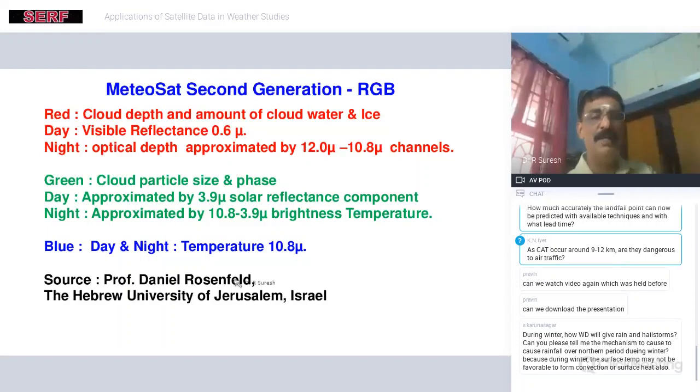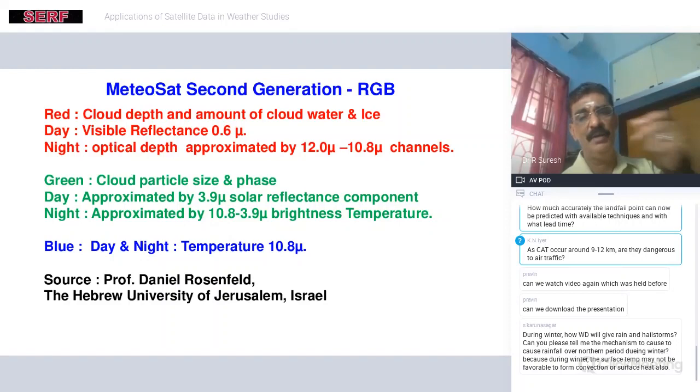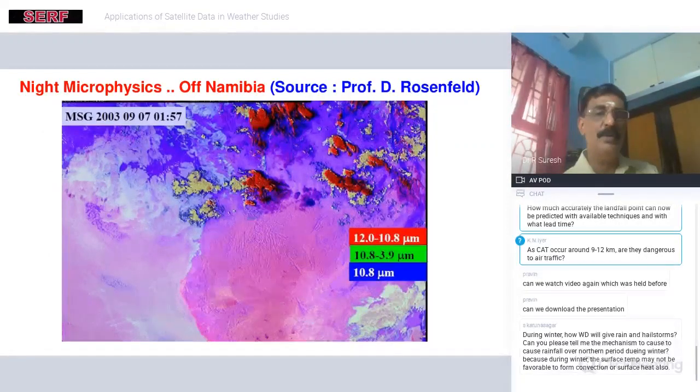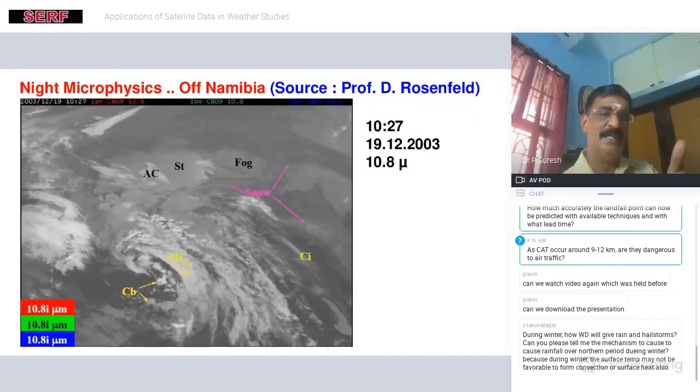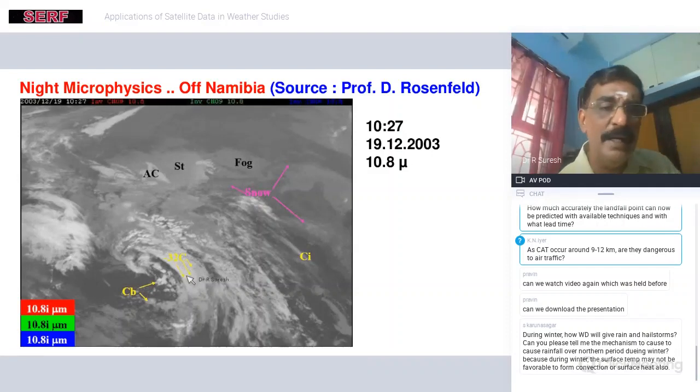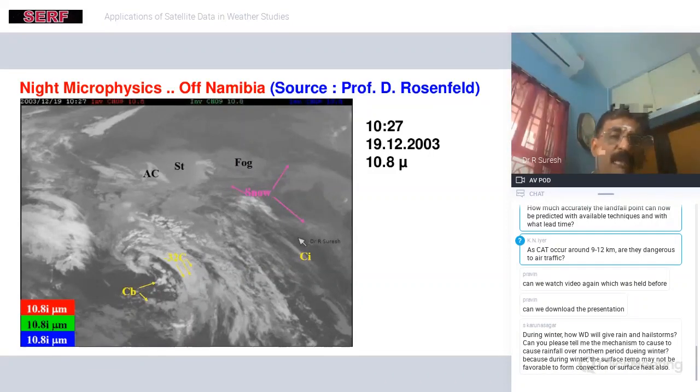And thanks to Professor Daniel Rosenfeld, I am having this particular slide. Only one image that speaks about the utility. You can very well see that deep red color are large ice crystals. I will show you, compare and contrast, a black and white picture. The same one you can just identify. Here itself we have mentioned that it's a CB cloud. Probably the temperature is of the order of -2. Stratus cloud, fog, and then